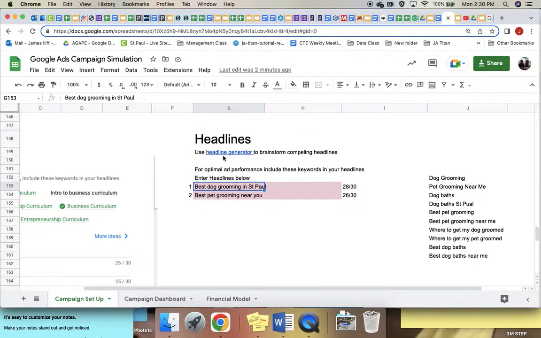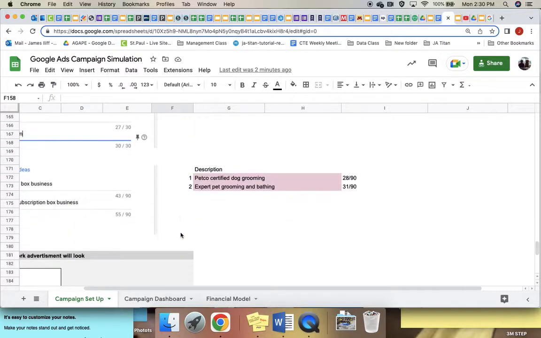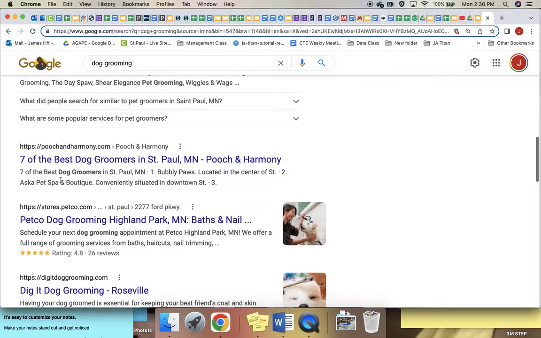I also got a little tool here for fun that helps students generate awesome headlines. Sometimes I use this in my real business. Okay, then we get down to descriptions. So students are going to create their descriptions, and their description shows up right here. So best dog groomers in St. Paul, baby paws, blah, blah, blah. And so you can see